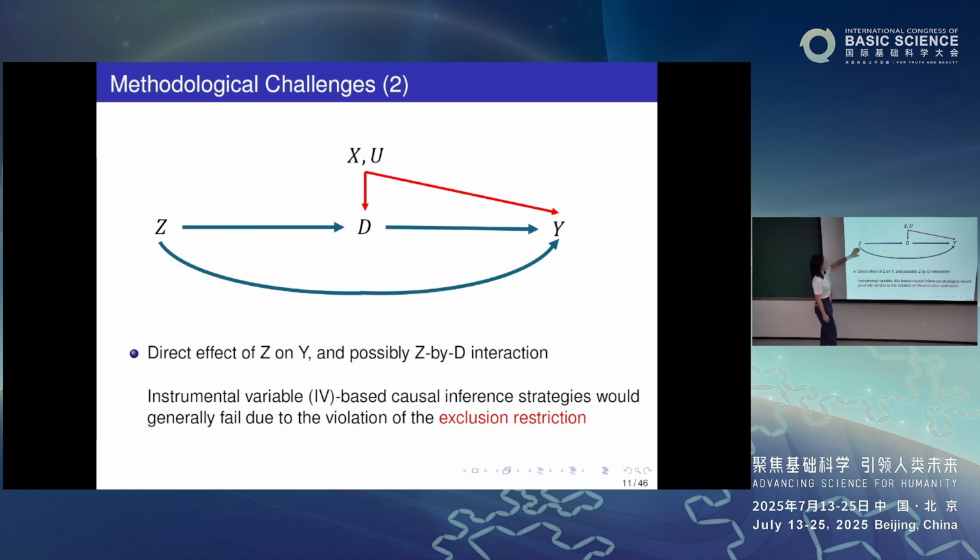The benefit of taking a small class may be amplified by being in the small class again. So we suspect that there could be a direct impact of Z on Y, and also there could be an interaction between Z and D, which makes a key assumption for the instrumental variable not valid. That's what people call exclusion restriction. Exclusion restriction is the assumption which says that there is no direct effect of Z on Y that is not through D. Apparently we shouldn't assume this very strong assumption. So the standard IV method does not work.